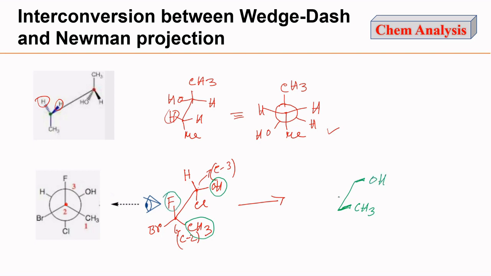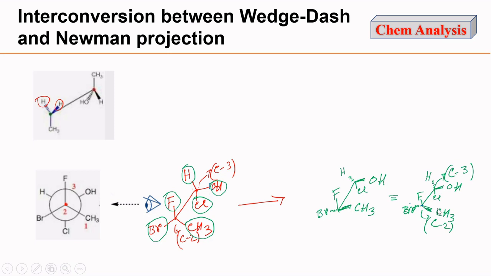and this fluorine atom will be above this carbon carbon bond, and chlorine atom is at the bottom of this carbon carbon bond, and this bromine atom and this hydrogen atom you will see far apart from you, that is it will be on the dash position. So this is the structure. If we draw it more correctly, the groups which are on the right side will be above the plane, and the groups which are on the left side will be below the plane.